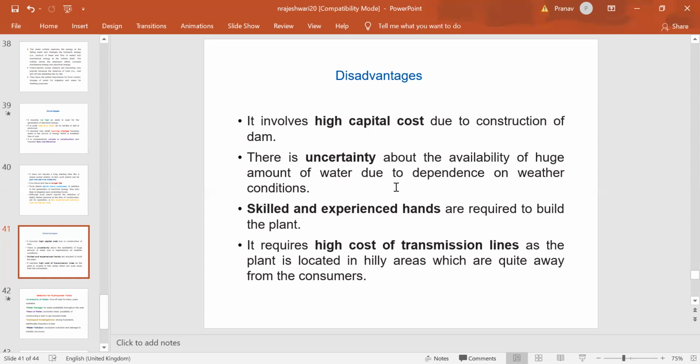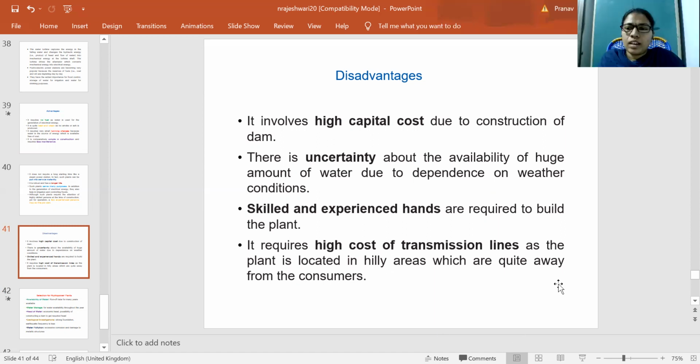But in summer and winter, some water difficulty occurs, mainly in summer seasons. So the availability of water is somewhat less in summer condition. So this amount of water is dependent on weather conditions, and skilled and experienced hands are required to build the plant,